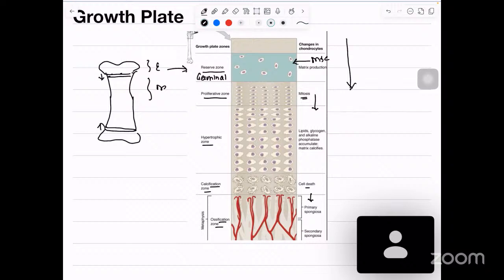So in the layers, which one do you think is the most important layer? This is the most important layer. Okay, இதுல வந்து which one is the weakest layer அப்படின்னு பாத்தீங்கன்னா this is the weakest layer. Pediatric fractures, pediatric growth plate injuries mostly happen at the hypertrophic zone. Okay,